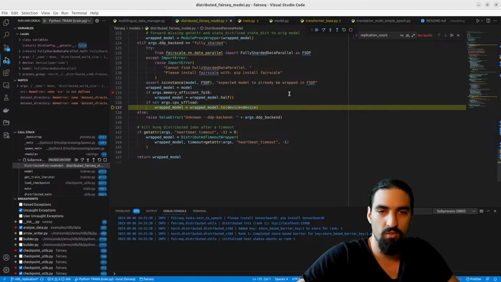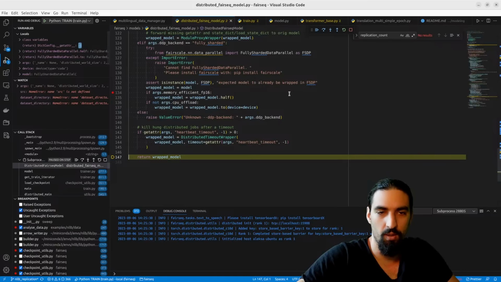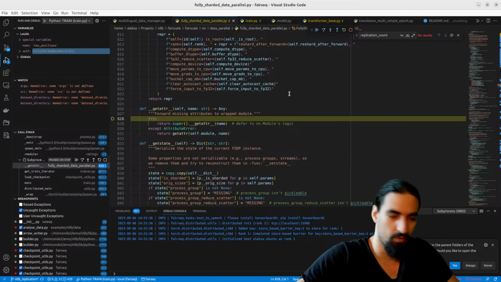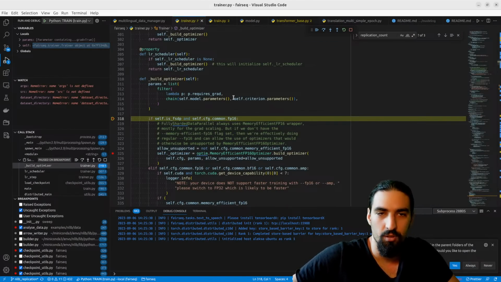If not CPU offload, then we put to GPU. Okay. And we retrieve it back. Okay, hit F5. Let's see what's the next one.